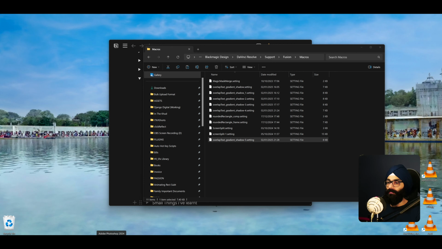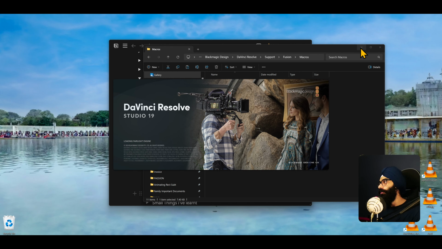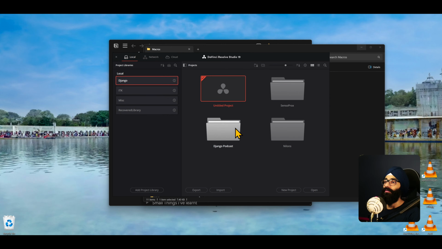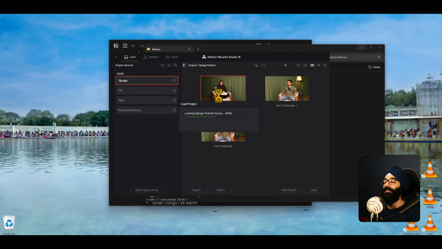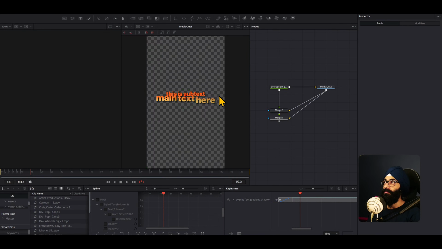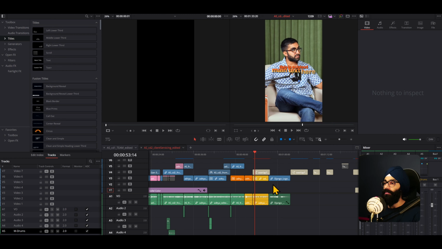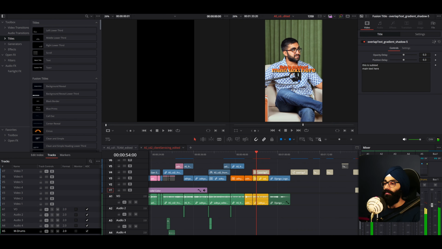It's not a problem, but I felt like I saw the reason why it was not working: the media out node was not coming in the macro. It only makes sense that there is no media out node. That's why the whole thing on the edit page is looking black. But we know shadow setting 4 is also not working on the edit page. I copied 5 now. So I come into the edit page,